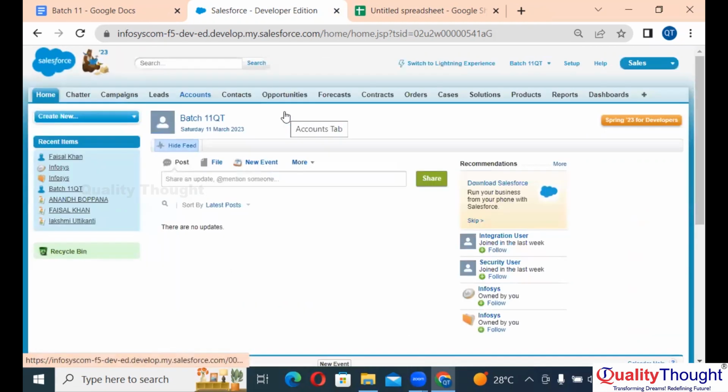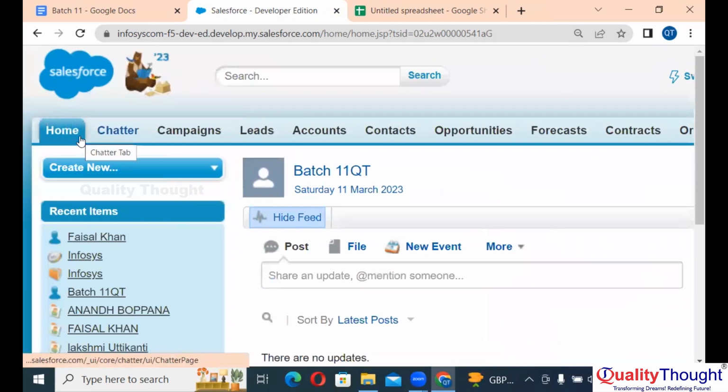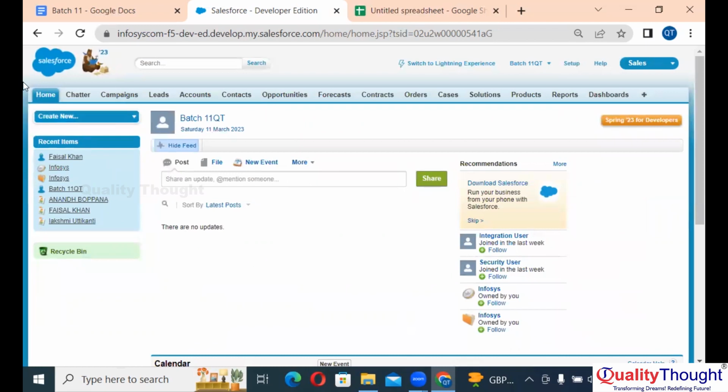These are again standard or custom? Standard, obviously, because these are the things provided by Salesforce. Did we create this? No, right? That's a standard one. Now if you see, this is related to this, a bit similar to this. If I open this,